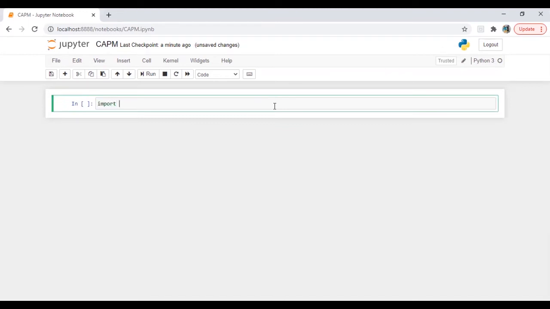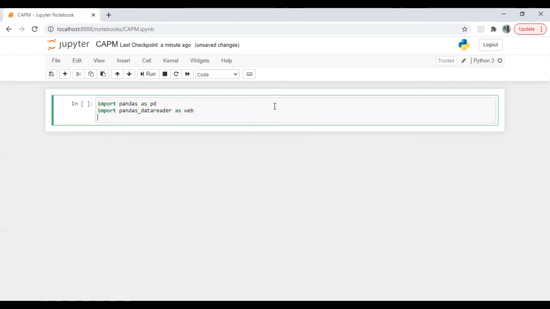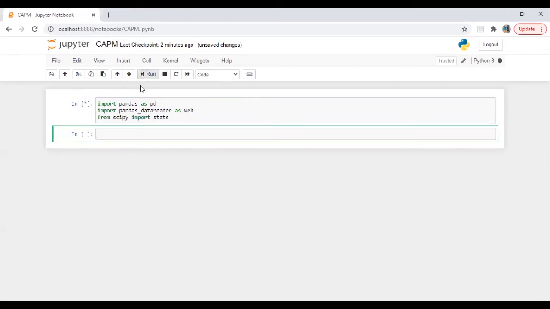So we are going to import some libraries. Import pandas_datareader as web. Import numpy. Okay, from SciPy import stats. That's it. Let's run. Okay, so